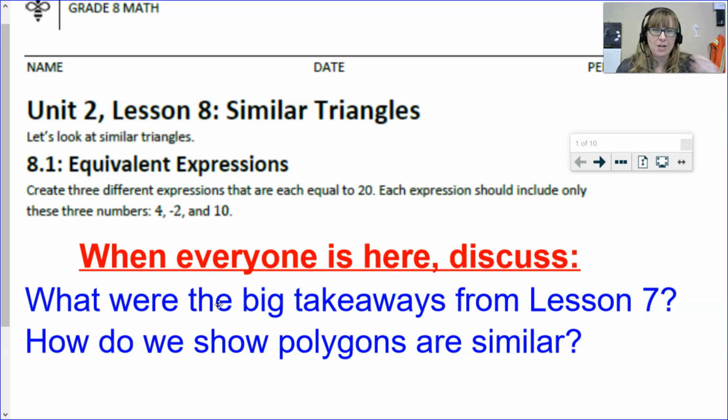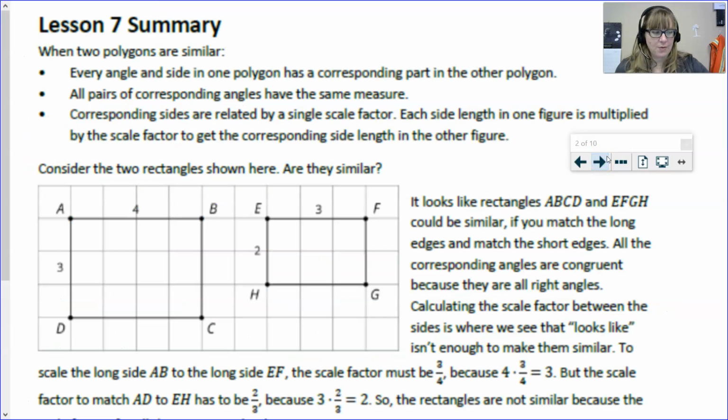Specifically, how do we show that polygons are similar? Pause the video to give yourself enough think time or to go and look up the answer in the summary from Lesson 7, but I do want you to answer this question before you go on. The big takeaways from Lesson 7